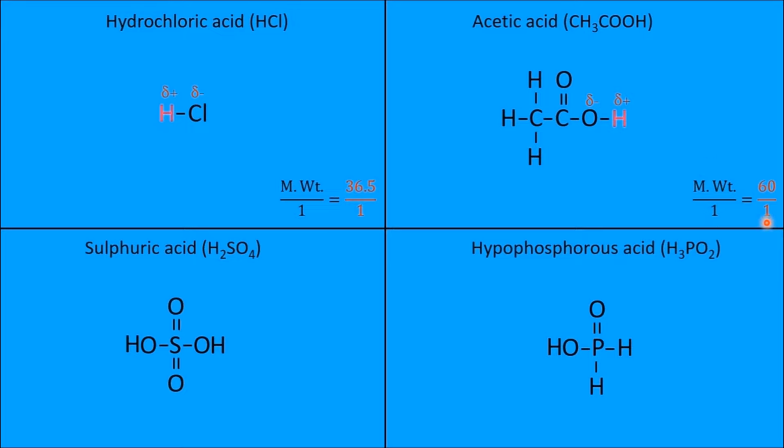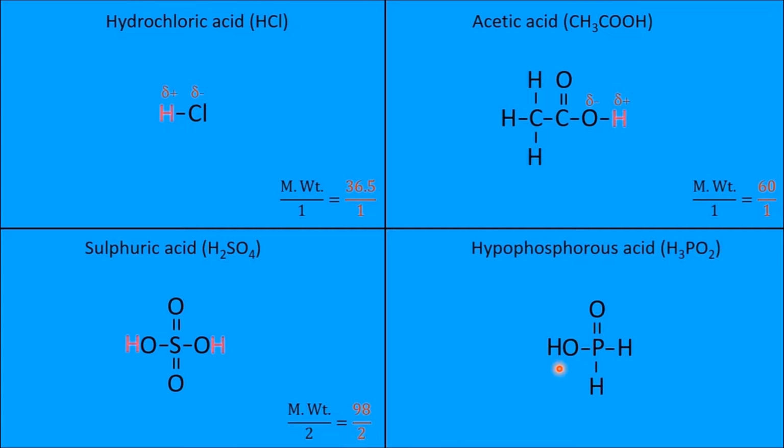It is very clear. Next example, say sulfuric acid. Two hydrogens are there, two are removable. See here, O-H is a polar covalent bond, so two are removable. So what is the basicity here? Dibasic acid. This is a monobasic acid, this is a monobasic acid, this is a dibasic acid. Since it is a dibasic acid, molecular weight by 2. So 98 by 2, 49.